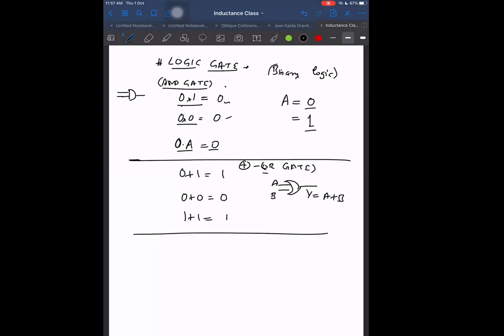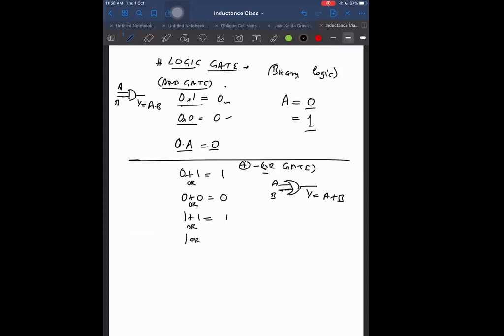And in AND gate we have, on the other hand, two inputs, A and B, and the output we get is A into B. If any one of these inputs I make 0, then the output will definitely be 0. Similarly, in our OR gate, if any one of these inputs I make 1, then the output will have to be 1 only. That is the rule of OR gate. So I am calling it 1 plus 1, but I think I should better call it 1 or 1. 0 or 0, 0 or 1. 0 or 1 is 1. 0 or 0 is 0. 0 or 1 is 1. 1 or 0 is also 1.